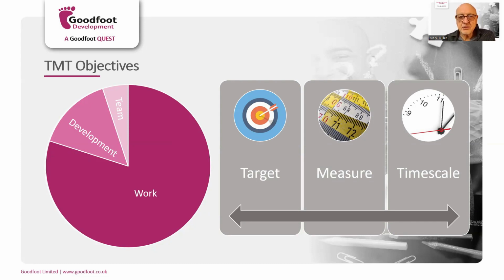But as well as work objectives, it is really good to get performance out of people if you set them personal development objectives. These are the skill sets that I want you to develop. Now, you can do it by self-study. You can do it, sure, we can set up a training course. You can do it by talking to somebody else and having some coaching, talking to a mentor maybe within the business too. But I'd like to set with you some development objectives for your skills. This is something that people increasingly ask for. How am I going to develop?